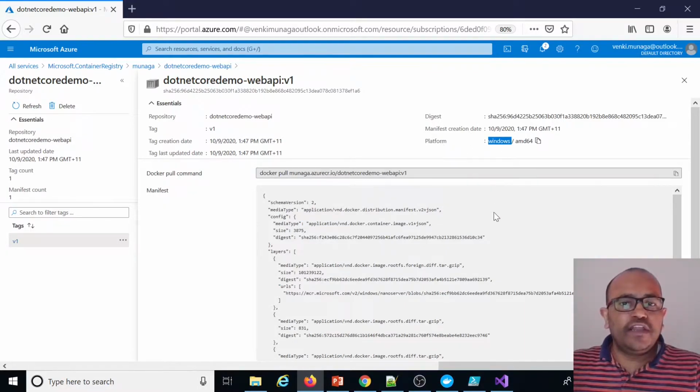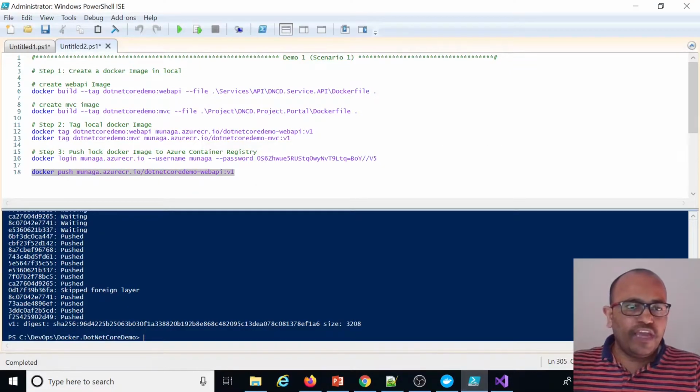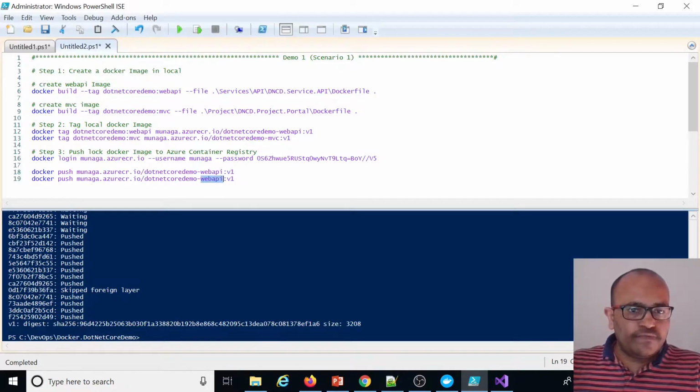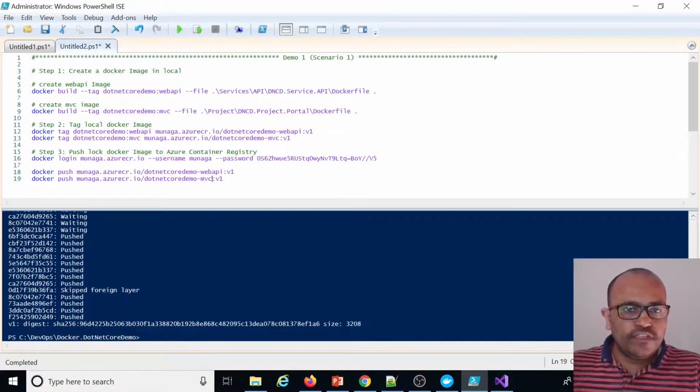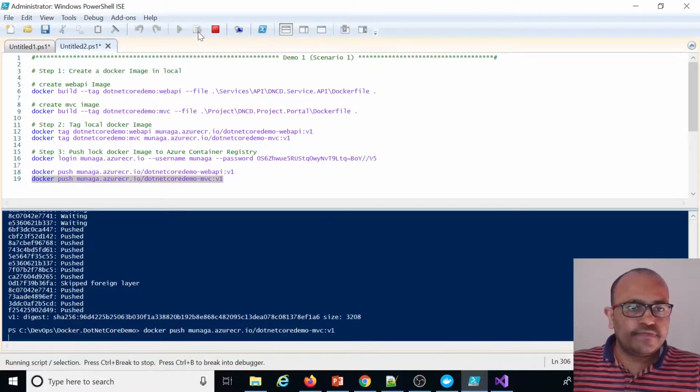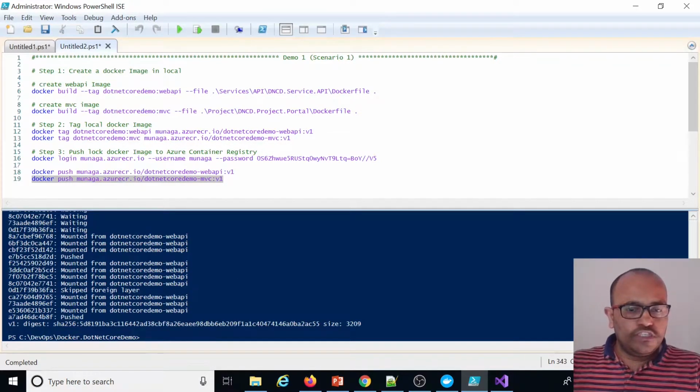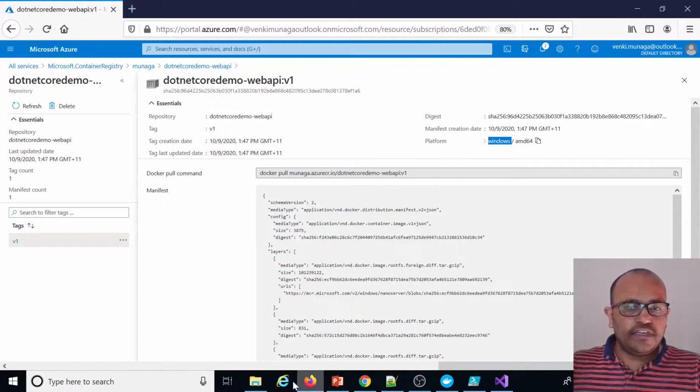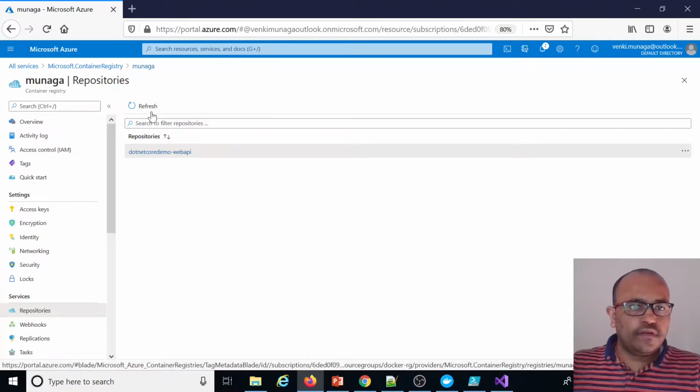The platform is generally created for Windows. In a similar way I will push the MVC one also. This is also done. Now if I go and check here, I have the 2 images.